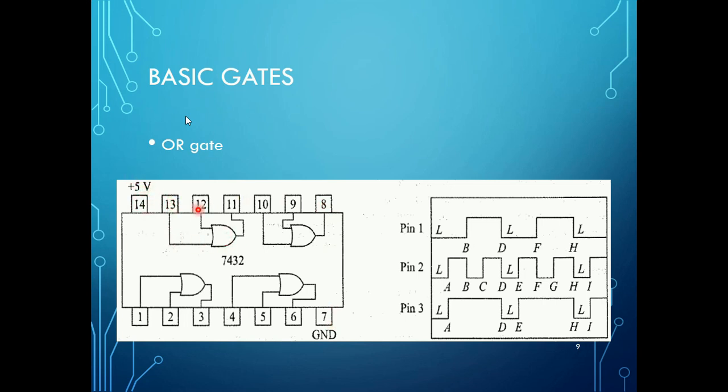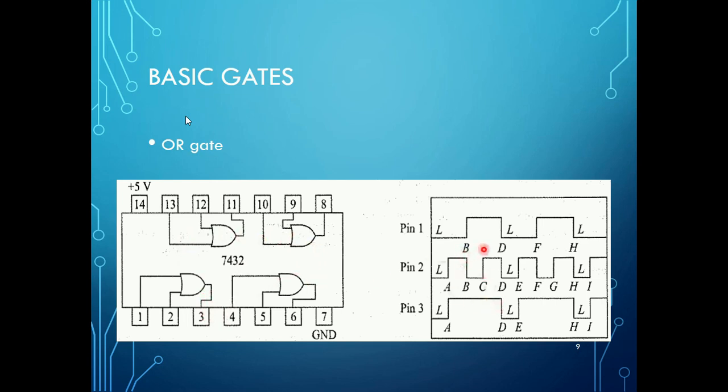And next here 13 and 12 pin are the input, and 11th pin you get it as output. 10th pin is input, 9th pin is input, and again 8th pin you get it as output. So if I provide here 0 0, output you will be getting it as 0. Suppose I give here 0 and 1, output you will be getting it as 1 itself. 1 and 1, obviously you will be getting 1. If I say 1 and 0, output you will be getting it as 1. So that is an IC diagram.